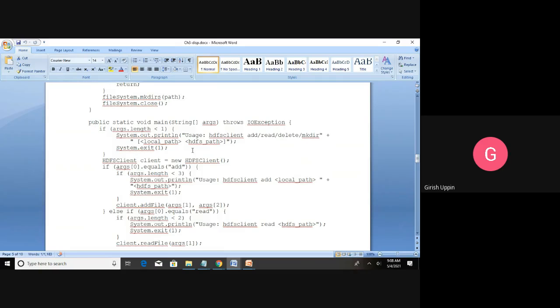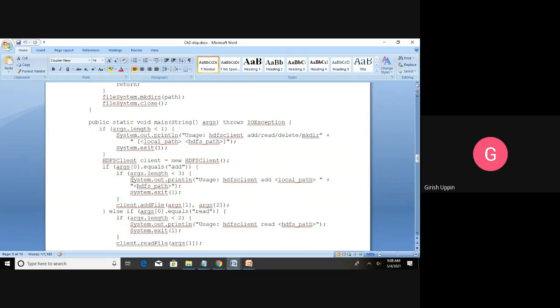Then these are optional; it depends on whether I have one or two. This will give the local path and this will give the HDFS path. Depending upon each of the functions, I will need either both parameters or just one parameter. Then system dot exit, so it will end the function if the number of arguments is less than 1.